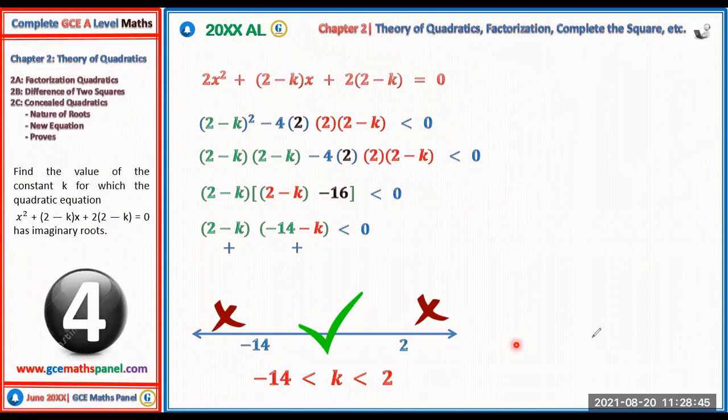All right, now the condition is that for a quadratic to have imaginary roots, the discriminant, this is a discriminant, right? This discriminant should be strictly less than 0. This is the condition for a quadratic to have imaginary roots. But this delta is b squared minus 4a